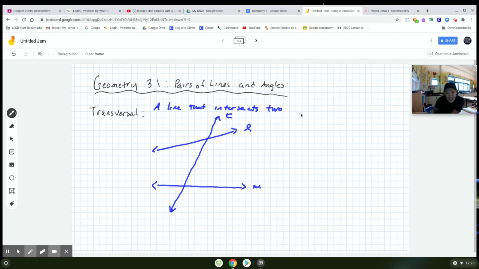So it's actually the case that L is also a transversal because it intersects line T. And since L and M are not parallel, L could be the transversal. And then the same with line M, line that intersects two or more other lines. But right now, let's just talk about T being the transversal. So if T is the transversal,